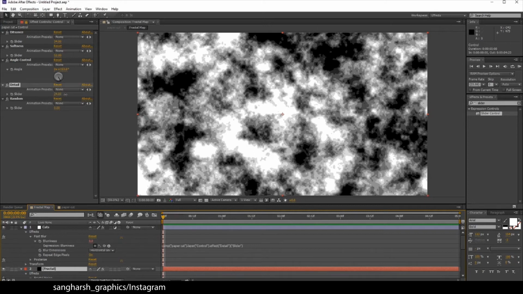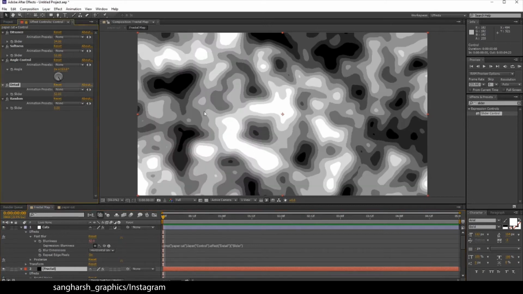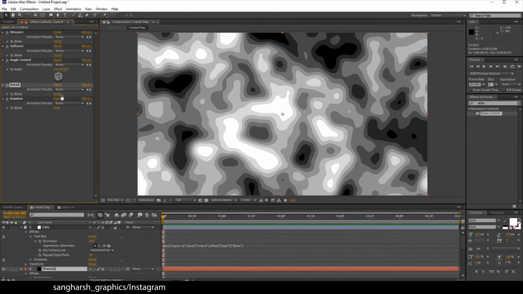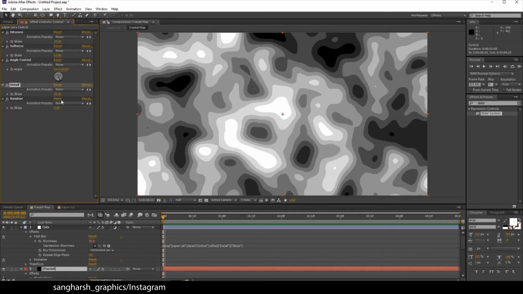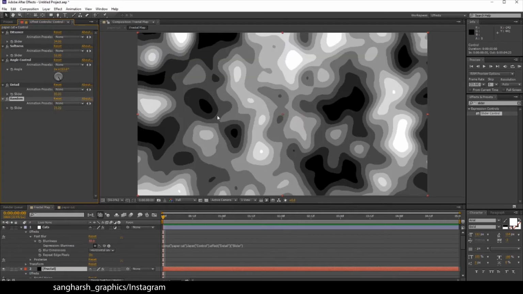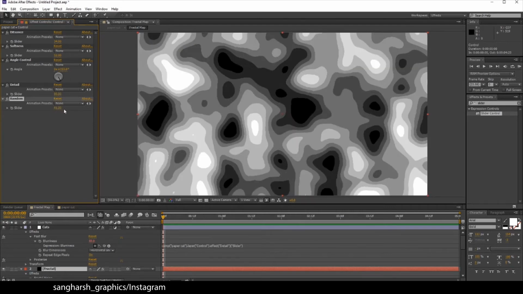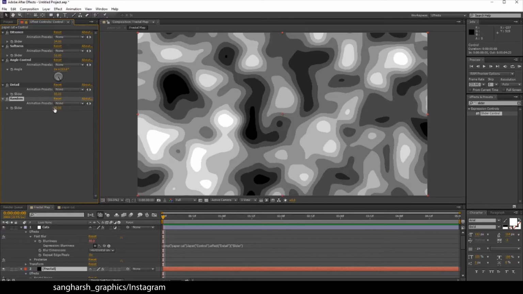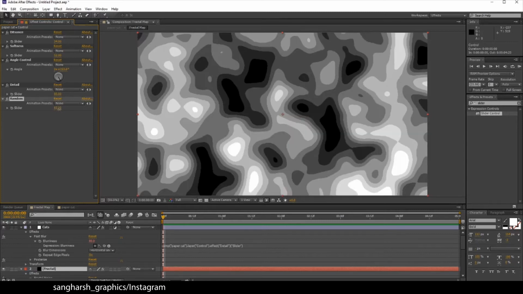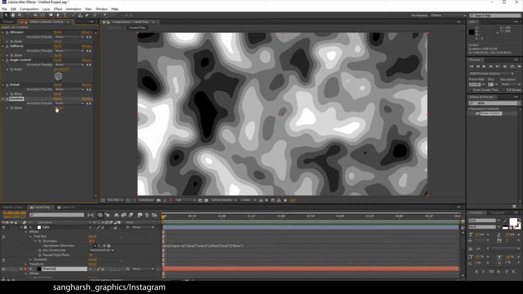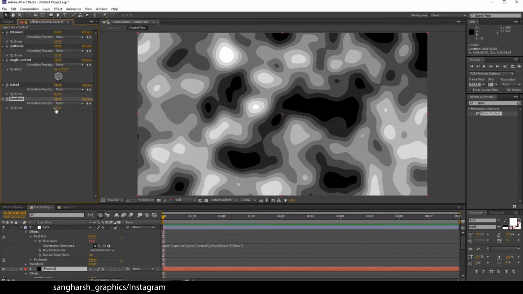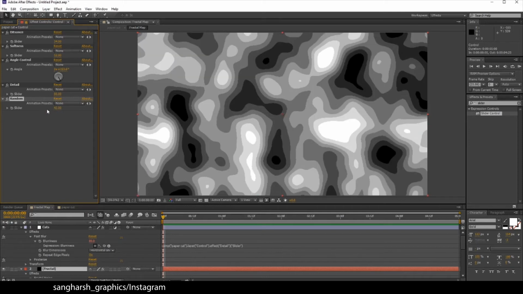So now if you increase the detail value here, it will change the fractal noise fast blur value in this composition because we have pick whipped it here. So just increase the value. You can also change the random seeds like this as you feel, to see which scene seems perfect for you. I'm going to change it, I need something with dark shadows again.